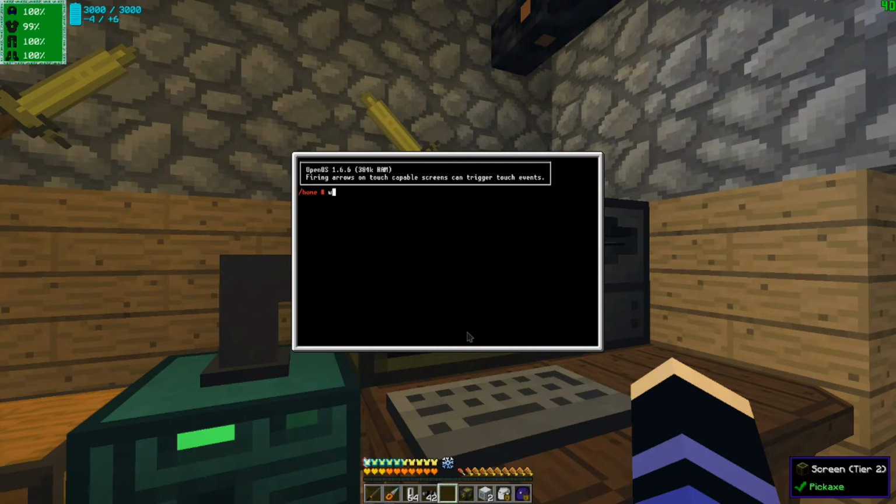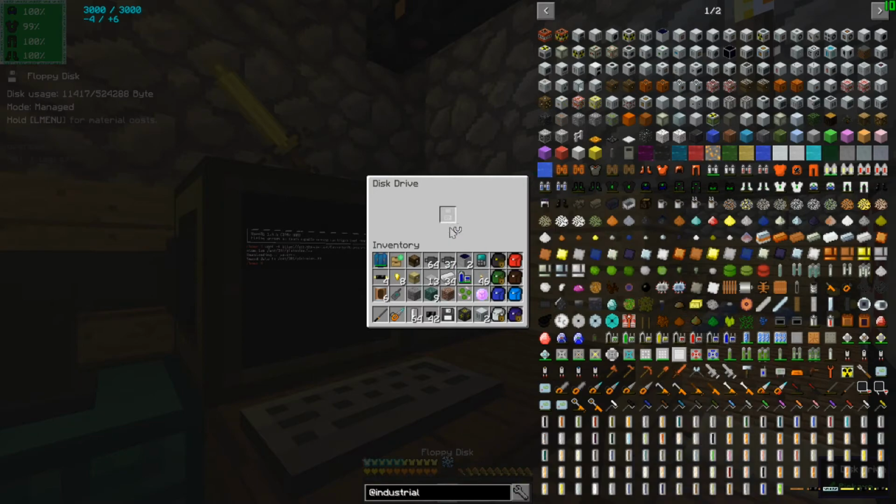So what we want to do is wget, or whatever that is, and actually we want to use the force parameter. Then we insert that again, and then plutonium.lua. Actually, you know what? We can download it directly onto the floppy disk. So mount, that's the correct drive. There, so it downloads directly onto the disk,